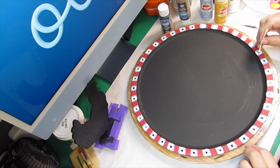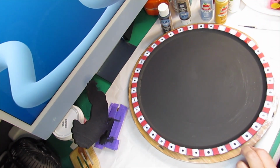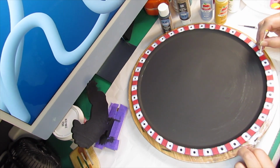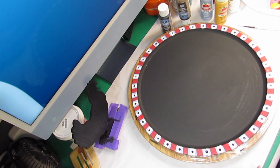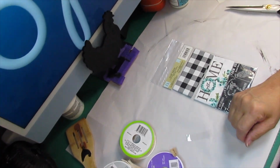Then the next thing I do is I take me a little Q-tip and I'm putting some black chalk paint on it, and I'm going to go around and put black in every one of the white spaces. Now here's that pack of